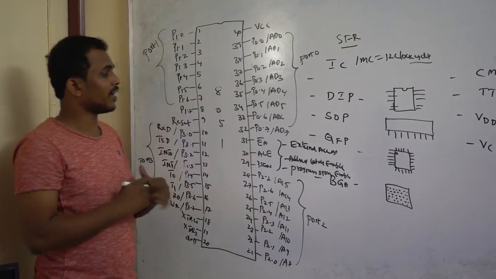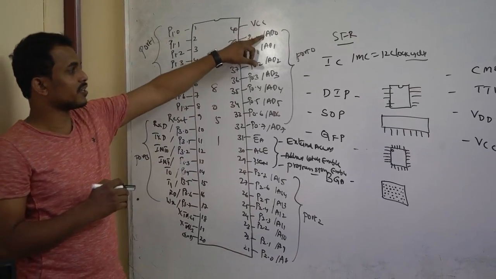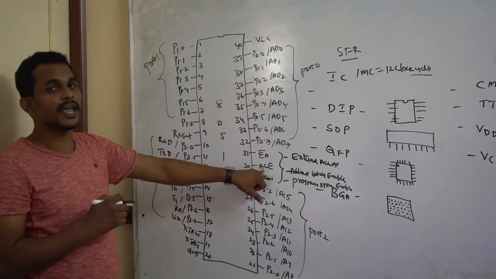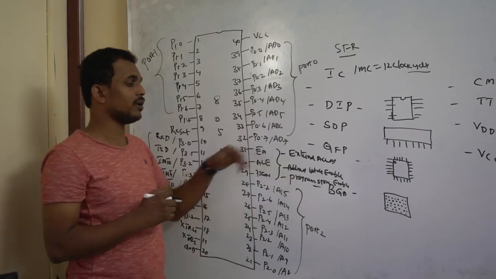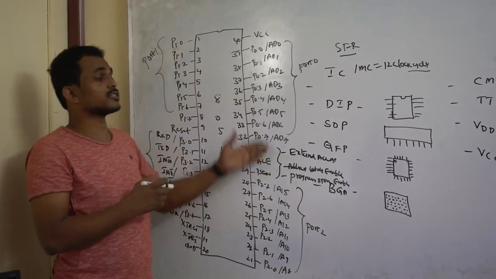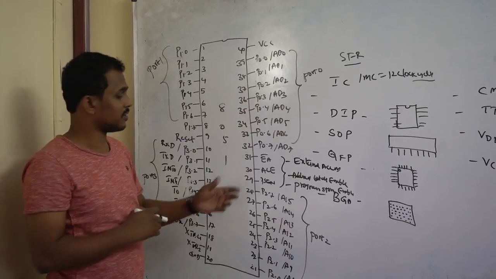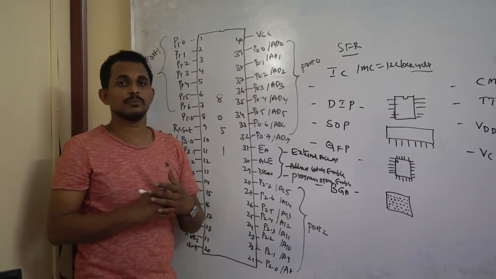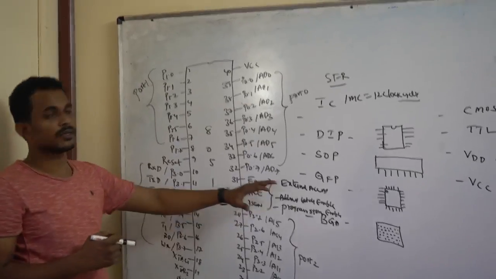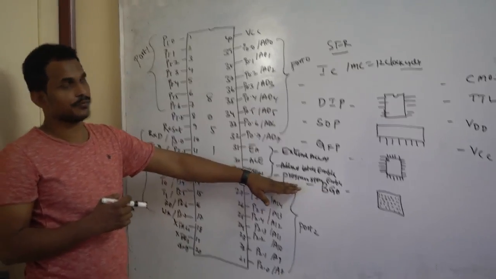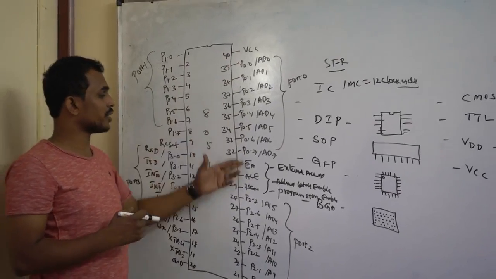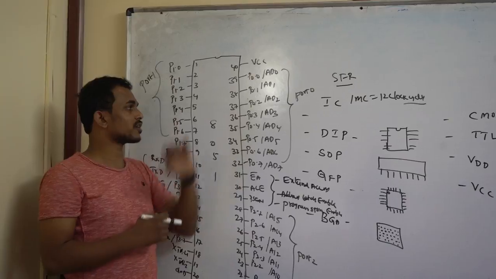And with the ALE pin, again, you can differentiate whether you are looking for address or data. That will be differentiated by the ALE pin, address latch enable. By making logic 1, these will work as address lines. By making logic 0, these pins will work as data lines. And program store enable is the pin used for making read-write operations with your microcontroller by enabling this PSEN pin. And here port 0, which is P0.0 to P0.7, is used for the complete port.